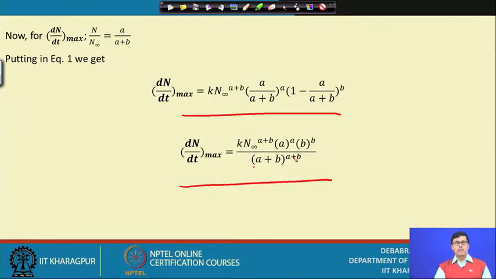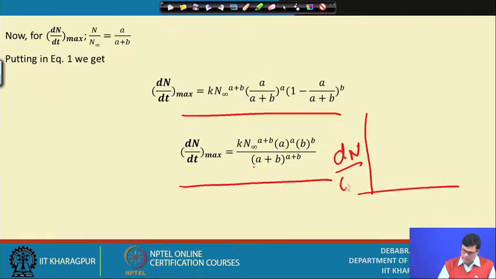So it is very simple problem. The only thing is that we shall have to find out under what condition the rate of cell mass growth will be maximum, and the rate of cell mass growth will be maximum when d2N/dt2 equals 0. That is because, I am repeating again, the dN/dt